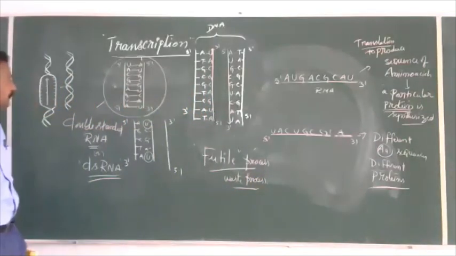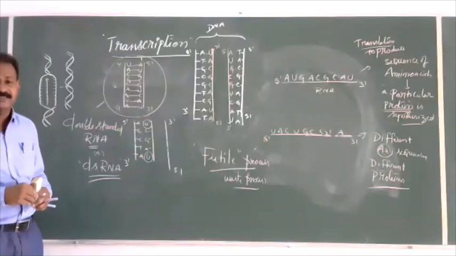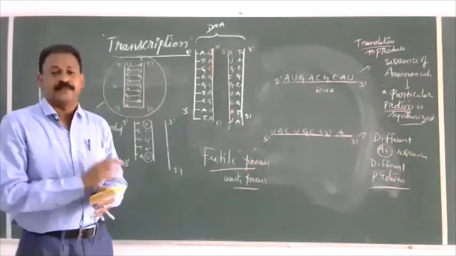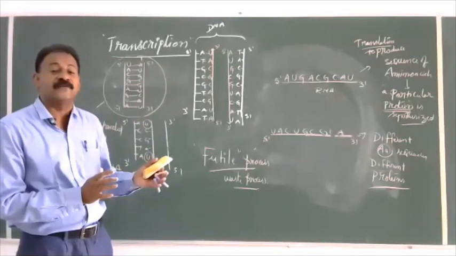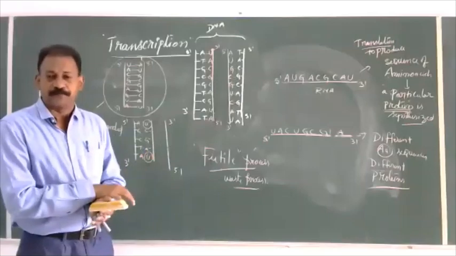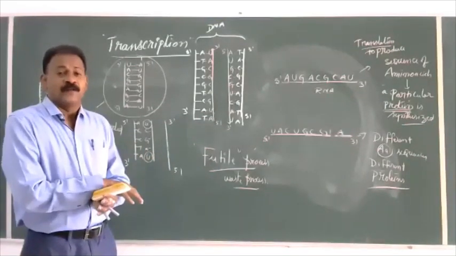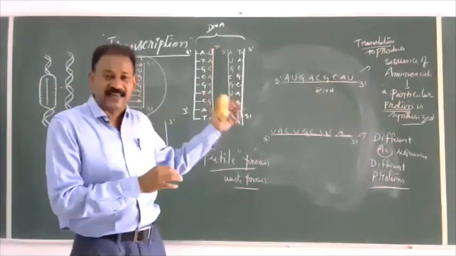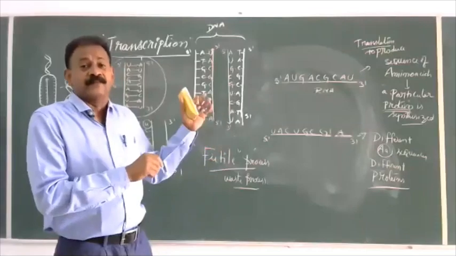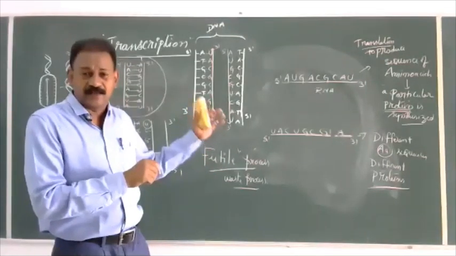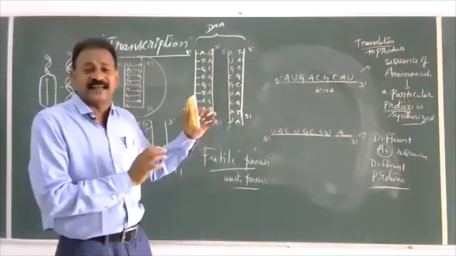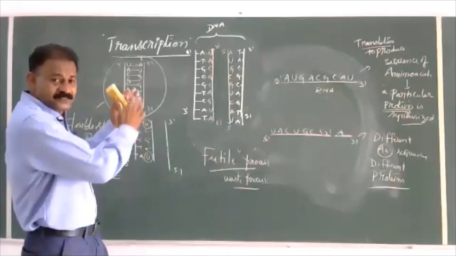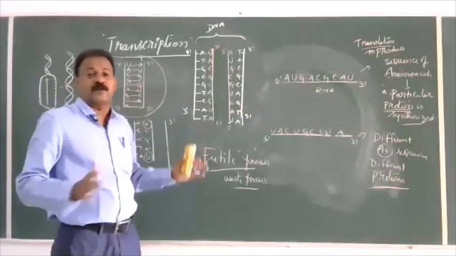So my dear students, transcription is a process of formation, synthesis of RNA from the DNA by governing the principles of base complementarity. First concept. Now in the DNA, thymine is present, which bonds with adenine, but in the RNA, uracil is present that bonds with adenine. Second, in DNA replication, the total DNA molecule is separated over its entire length,